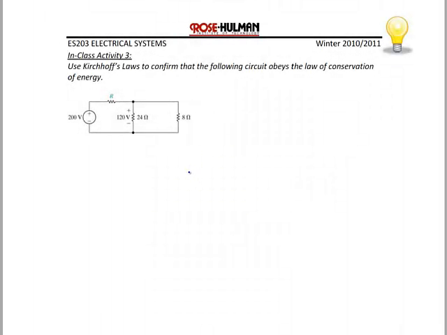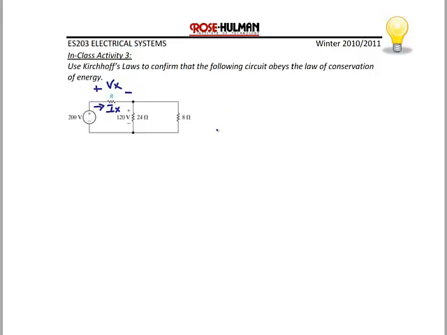We don't have a single loop or a single node pair. So for this example, I'm actually going to use a combination of KCL and KVL. So the first thing I'm going to do is to define some unknown values. We're looking for resistance. So if I can find the voltage across that resistor and the current through that resistor, I can use Ohm's law to get the resistance. So I'm going to label the voltage across the resistor Vx. I'm going to label the current through the resistor